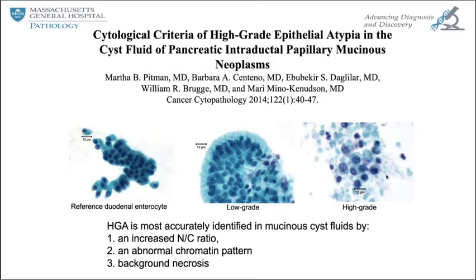And that's why high-grade epithelial atypia is an umbrella term that includes high-grade dysplasia and possibly invasive carcinoma. As I mentioned in the previous slide, if the cells already look like the typical ductal adenocarcinoma you would see on an FNA, then go ahead and call it adenocarcinoma, and it's probably a cyst associated with a solid component,